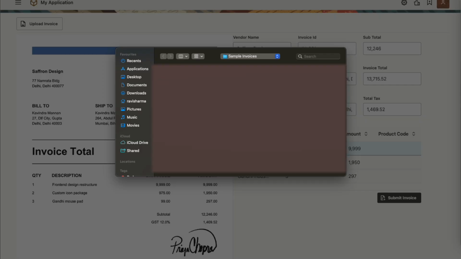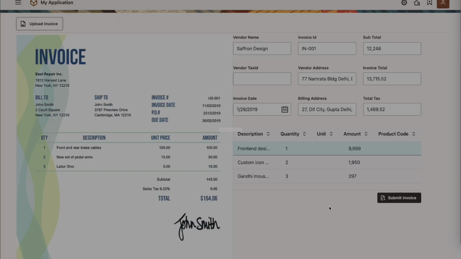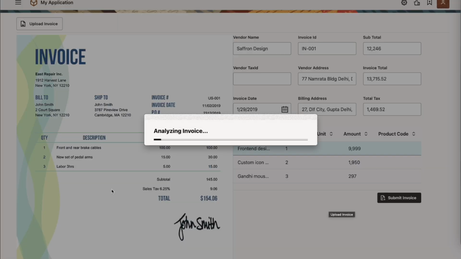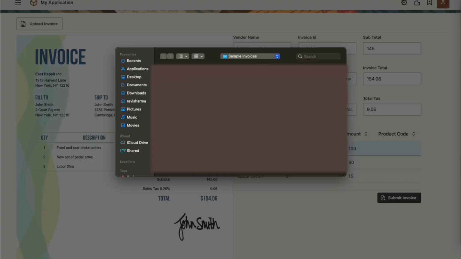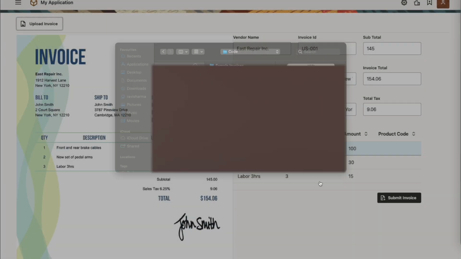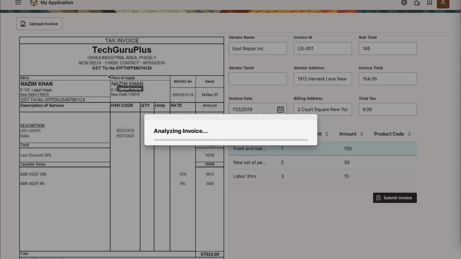Let me upload another invoice. So here the total is at the bottom, but essentially all the other fields are similar to the last invoice. So it is able to again figure out all the essential components or the attributes or the fields of the invoice, right? Now let me upload a different looking invoice, which is quite complex in terms of where the